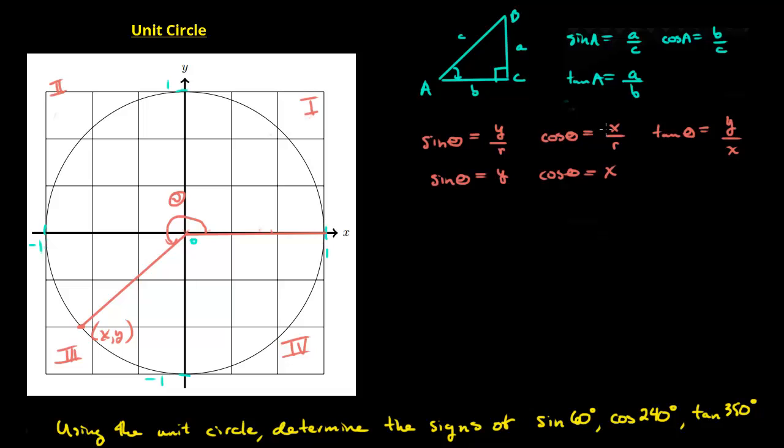The cosine of theta is negative in the third quadrant as well, because if you take the x coordinate and divide it by the radius, which is positive, you will get a negative value. And the tangent ratio in the third quadrant is positive, because y is negative in the third quadrant and x is negative. A negative divided by a negative would be positive. And in the fourth quadrant rather,